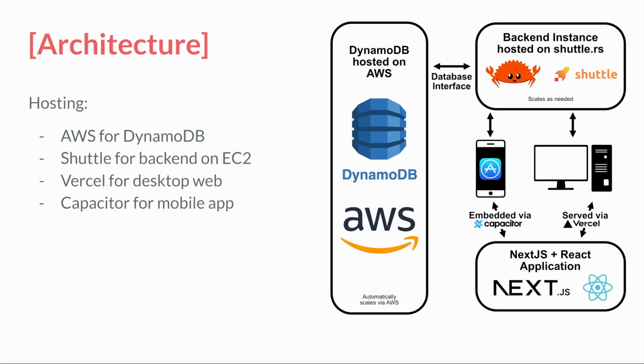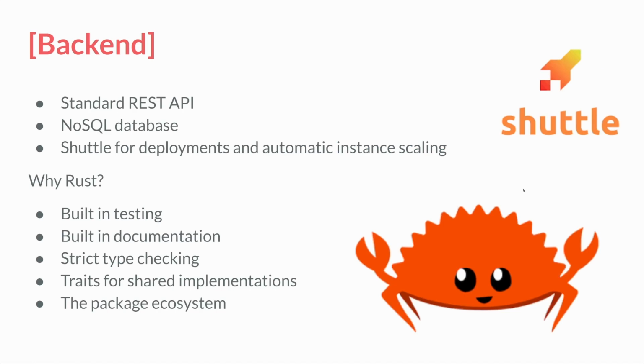We'll now be covering a bit more about Rust and our backend in general. So we're doing a standard REST API where we just have the general REST structure and using HTTP methods to properly encode how we transmit our data between our backend and our frontend. We're running on that NoSQL database mentioned before, DynamoDB.